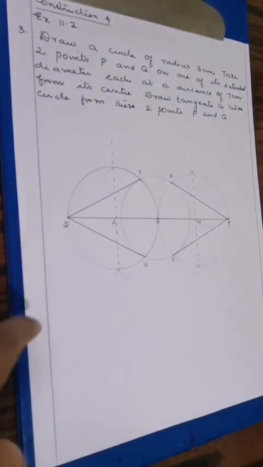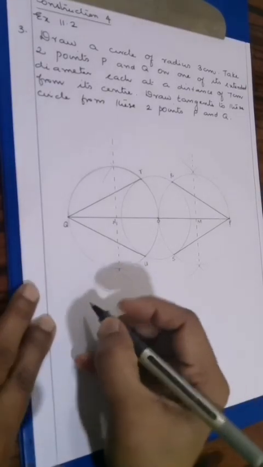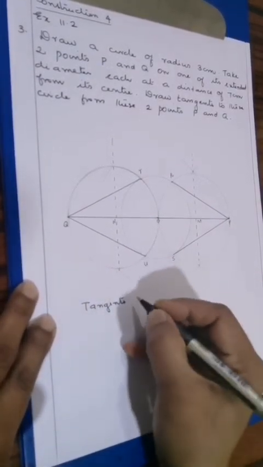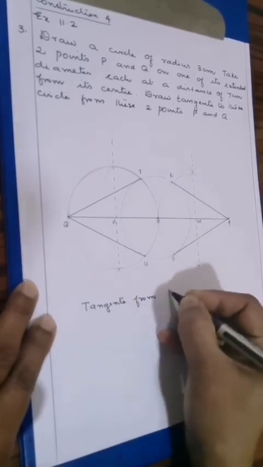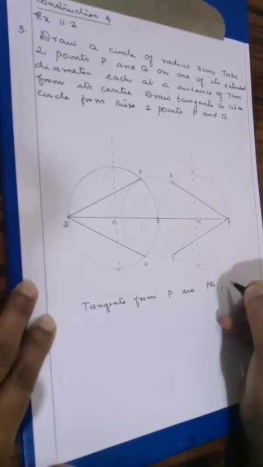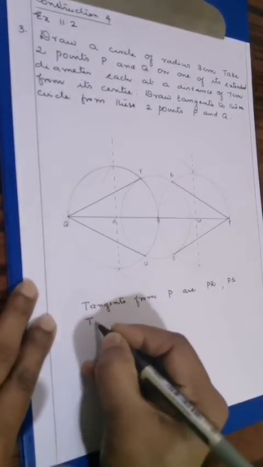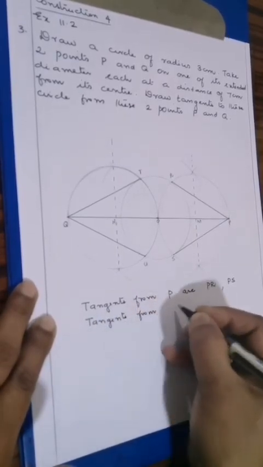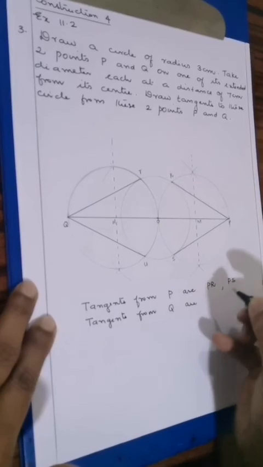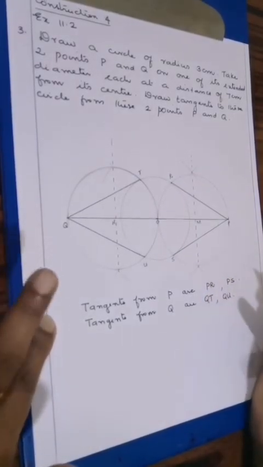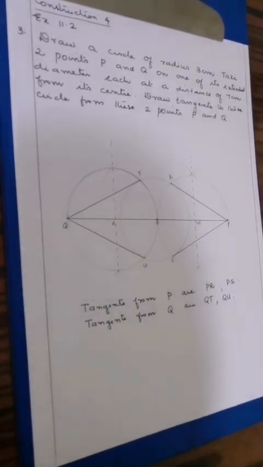Steps, you can follow the same pattern. Let's write the tangents. Tangents from P are PR, PS, and tangents from Q are QT, QU. Steps of construction you can write the same way as we have done in question number